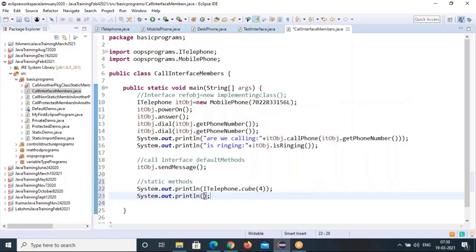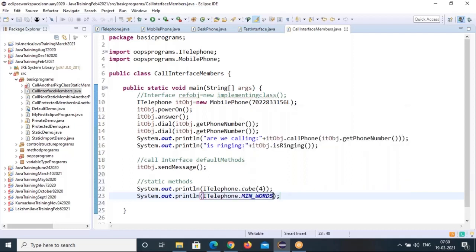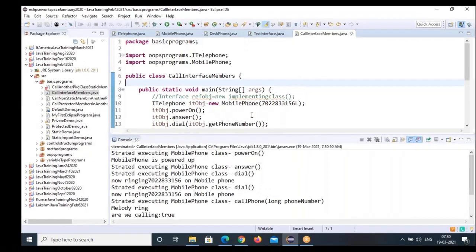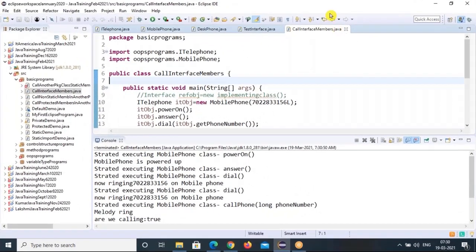For instance, you can call iTelephone dot minimum watts. It doesn't matter. Once you import, everything is the same. So that's how to call these interface methods in another place. That's all. Tomorrow I'll show you one